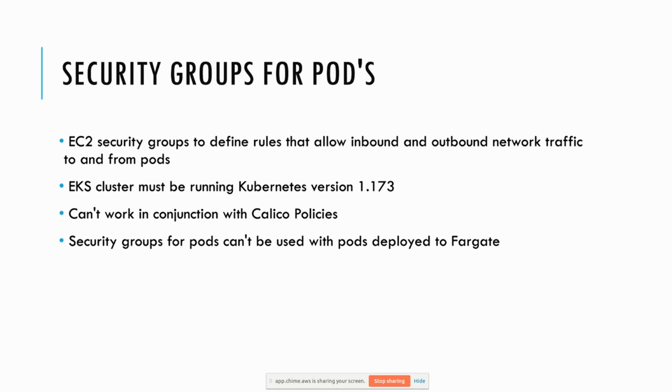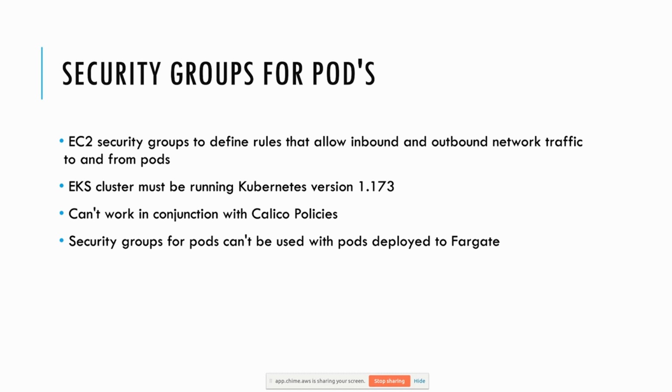Cool. One of the very new features for EKS is that you can now use EC2 security groups for pods. You can imagine some Kubernetes clusters run multiple workloads. It could be different teams running different projects, or sometimes one project running multiple versions or different environments in one cluster, and you need to segregate these things. Basically, if you're running dev and test in one Kubernetes cluster, you can use namespaces for that. But even within a namespace, if you wanted finer-grained access control, so can pod A talk to pod B?